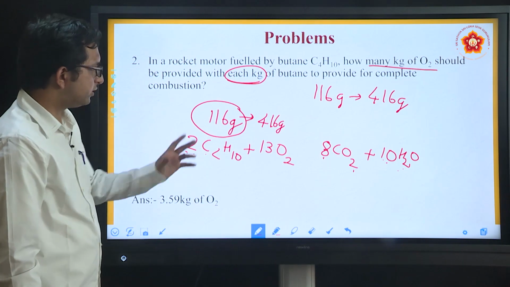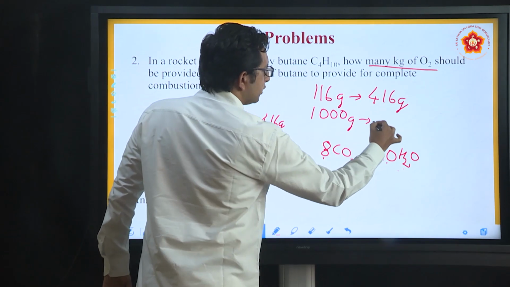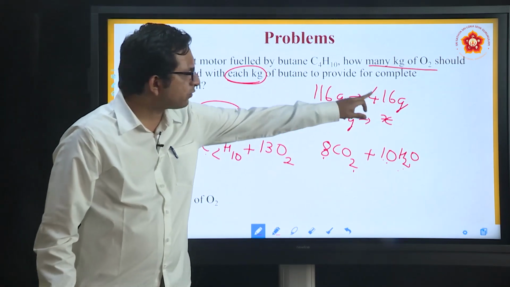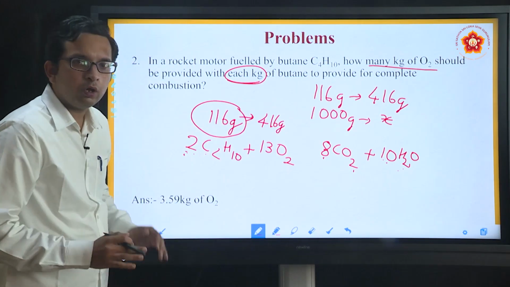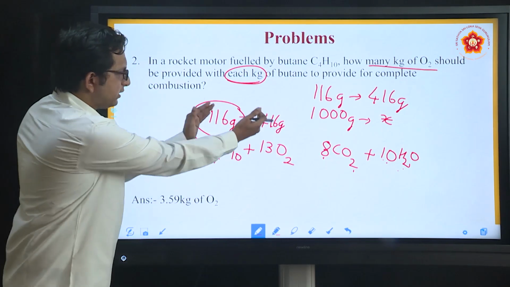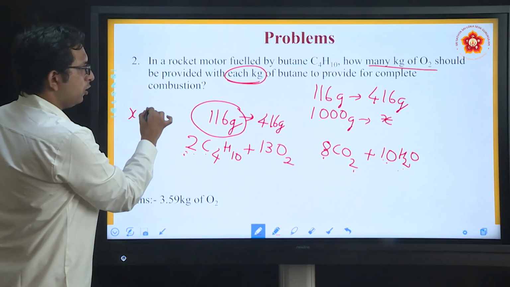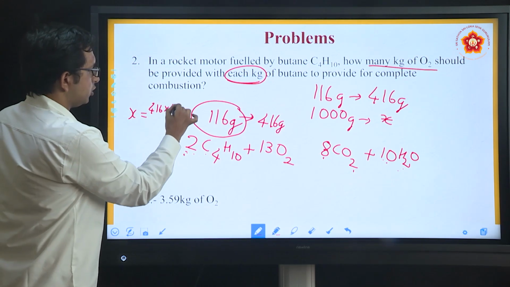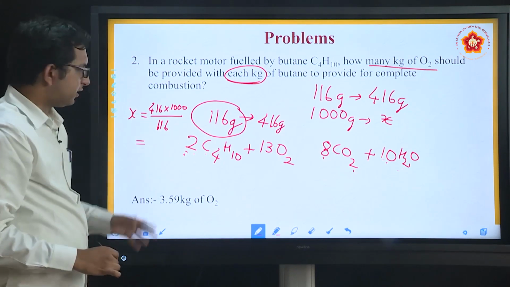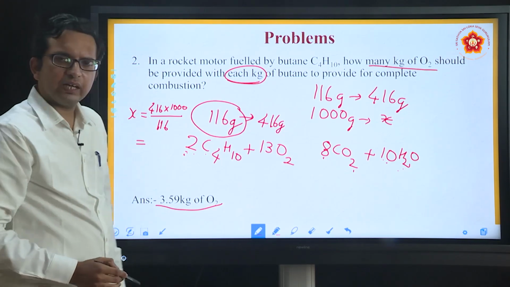If that is so, then for 1 kg, which is nothing but 1000 gram of butane, how much oxygen is required? No doubt you have done this sort of thing earlier, but now it is about understanding the chemical aspects of the reaction, getting this figure and then solving it. So how do you solve that? X will be equal to 416 into 1000 divided by 116. Please undertake this calculation. You will get the final answer as 3.59 kg,